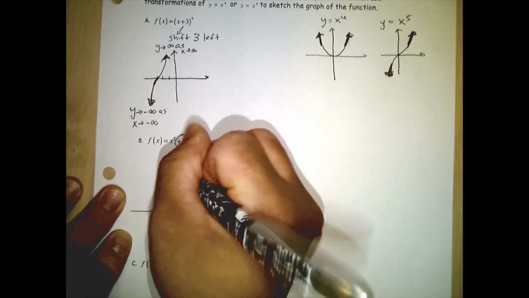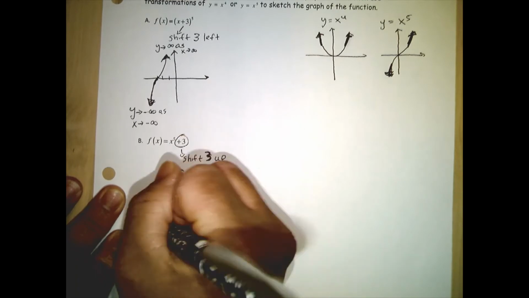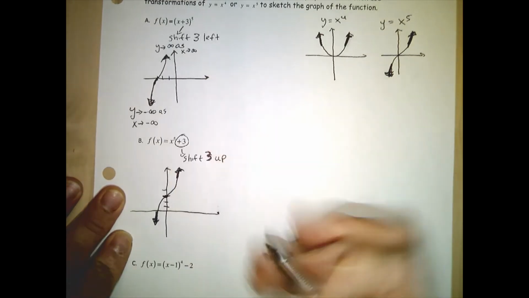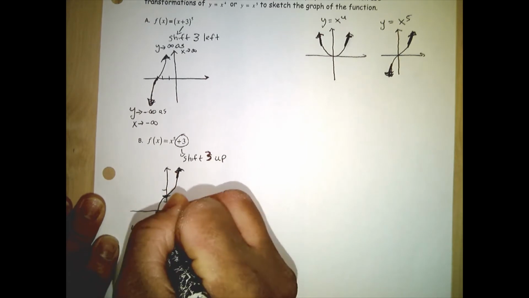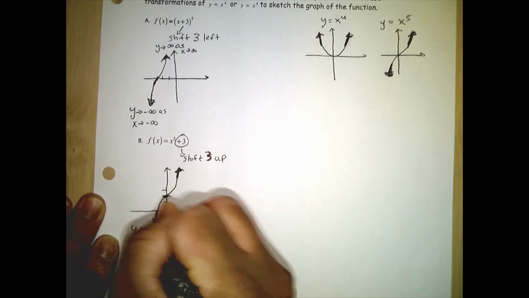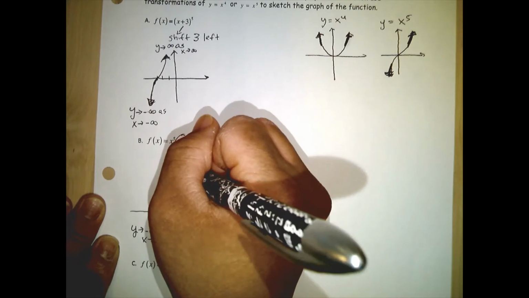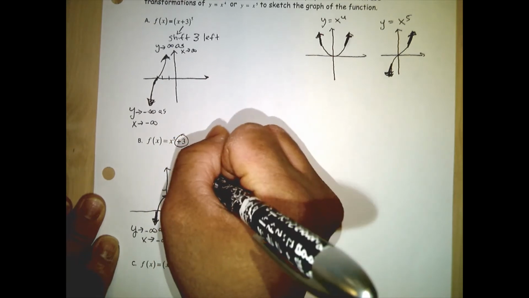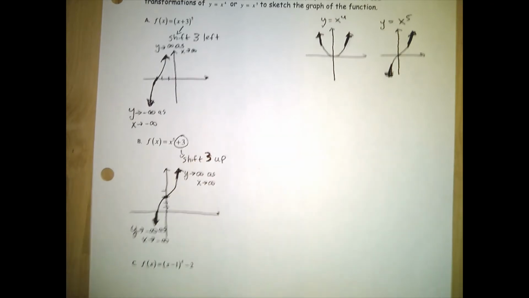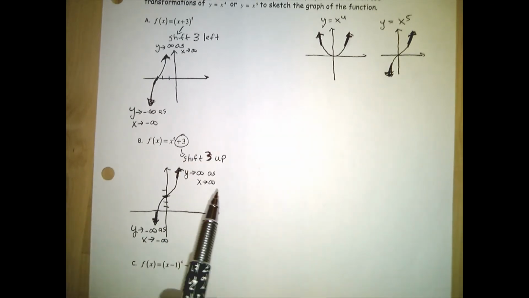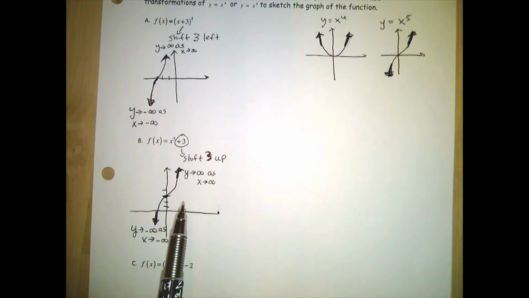So the same end behavior as the function in problem A here. So y goes to negative infinity as x goes to negative infinity, and y goes to infinity as x goes to infinity, or y approaches infinity as x approaches infinity. All right, so now